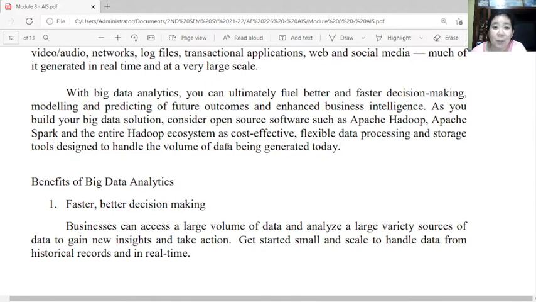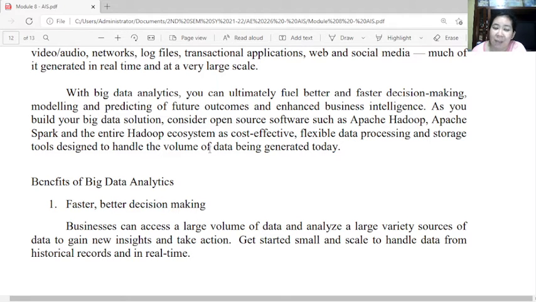This is considered to be cost-effective, flexible data processing and storage tools designed to handle the volume of data being generated today. But you have to invest in this because although it's cost-effective, it will entail a huge amount of investment. On the other hand, its benefit is essential, especially for faster and efficient generation of reports for decision making.